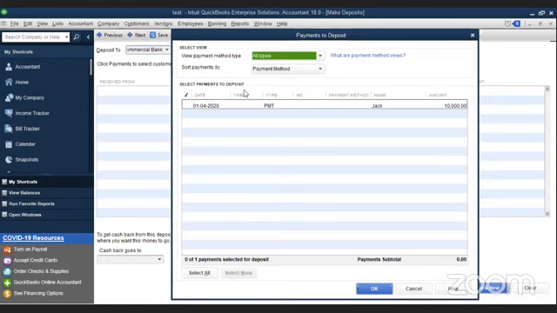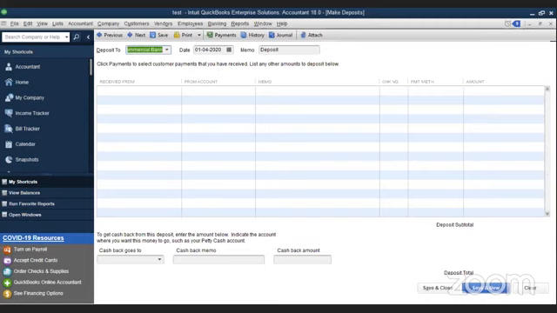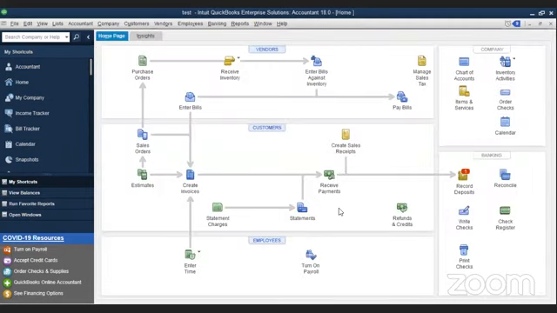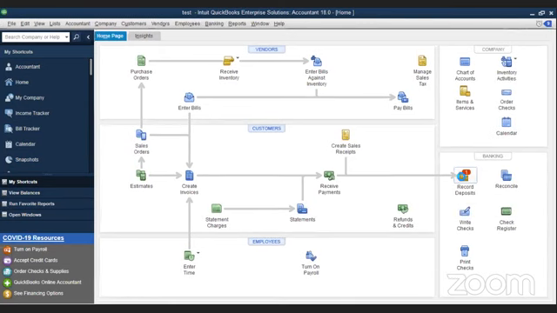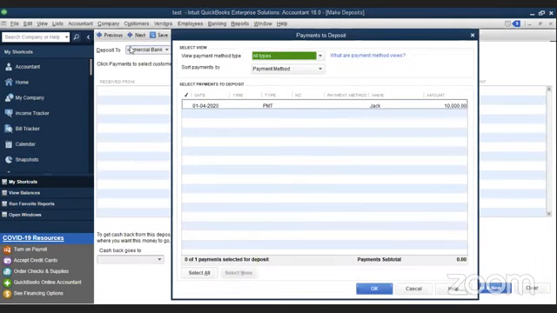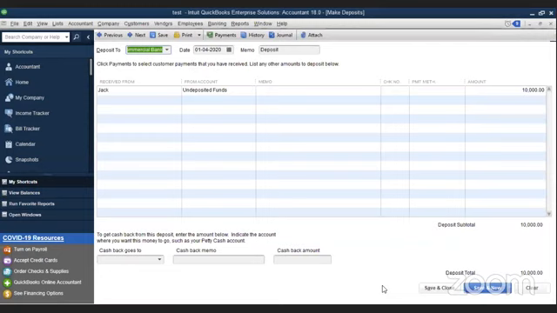Oh, sorry, I have not recorded it. So here, wait, I'll show you. For all received payments, there's an option called record deposits. You just click record deposits. Now I did only one sale here, I received only one payment. So I just tick this and say okay, and it will get updated to your bank. Hope you understood. Hope I answered the question.